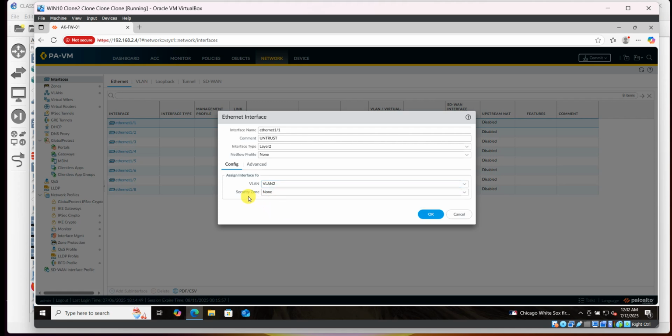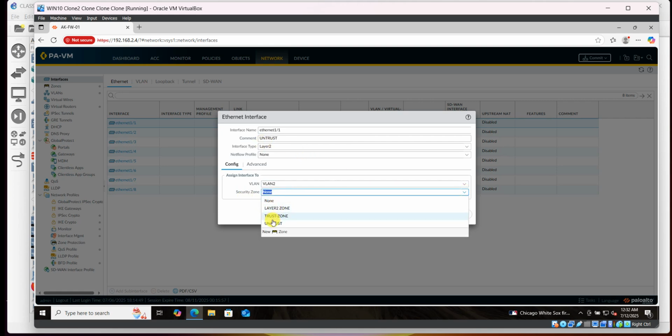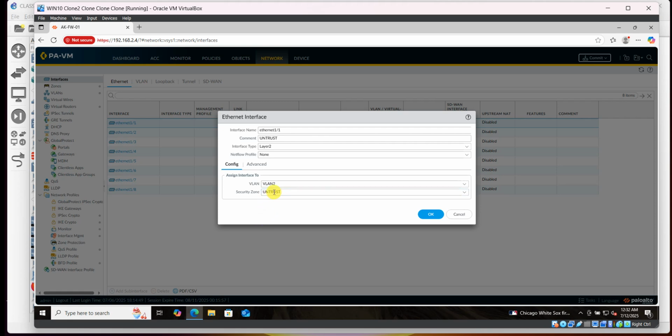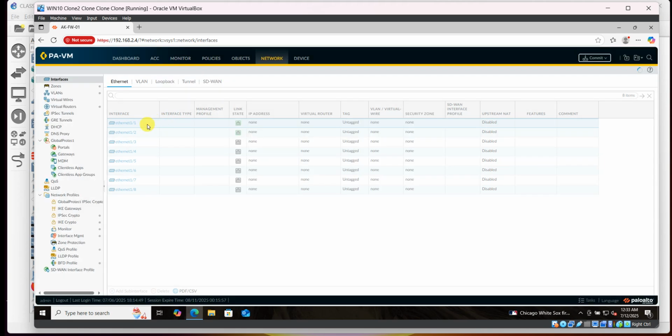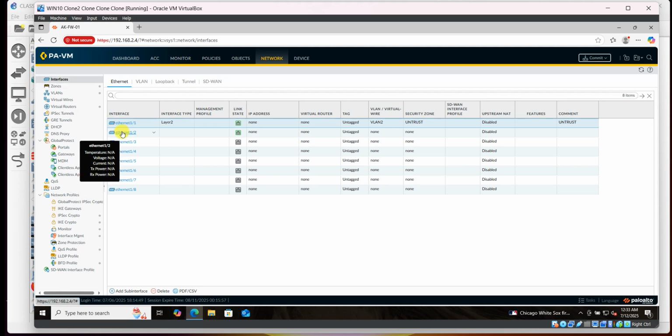So we just pick on that, and our security zone is coming from what? It's coming from outside. We can choose this and trust. This one will also work, right? But we can choose the untrust zone, and in advanced we don't have to put anything. We say okay. Now, one other thing we want to do is that we go to